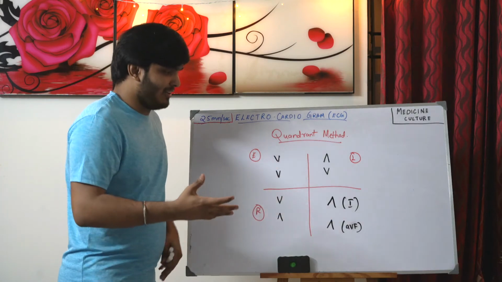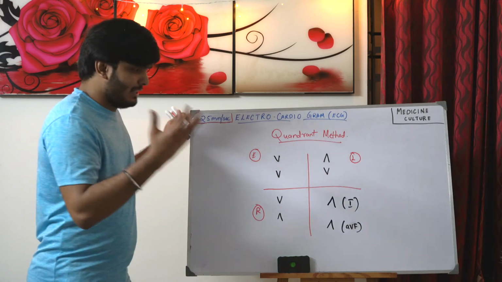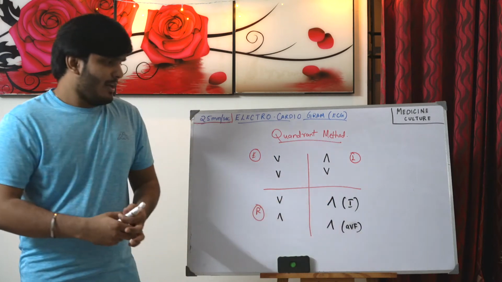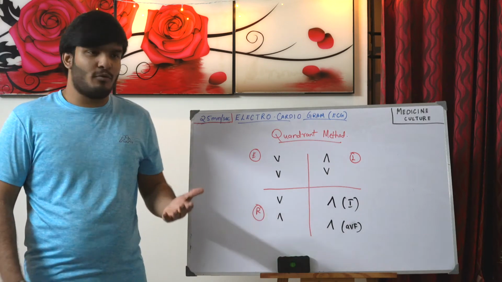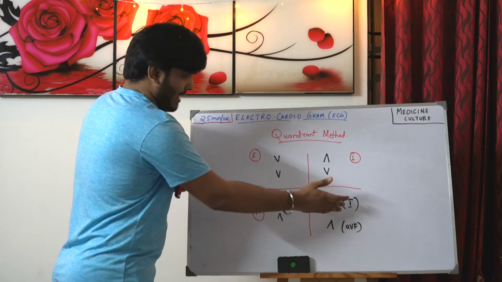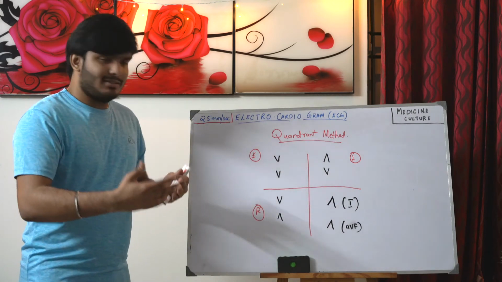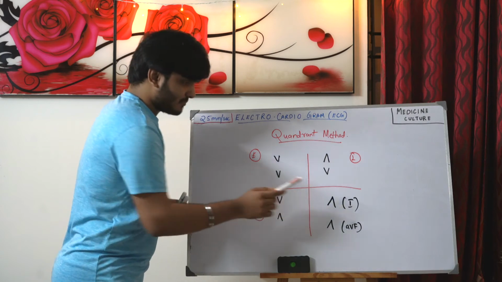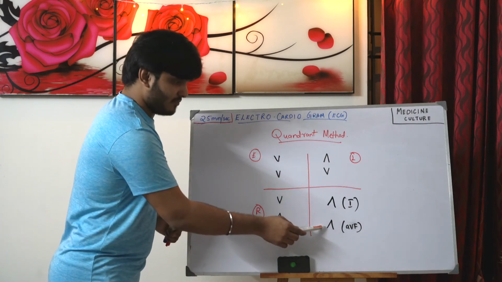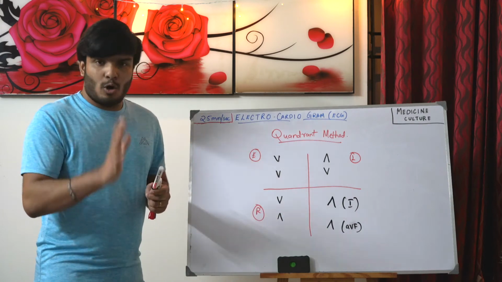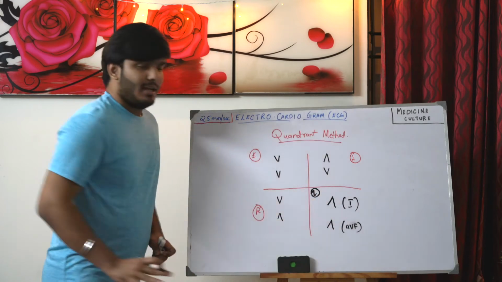You can look at lead 1, the bipolar lead, and AVF. Lead 1 starts from the right shoulder, so right shoulder and left foot: foot is for AVF and right shoulder is for lead 1. So when you get an ECG paper, just look at lead 1. If you see a positive deflection, and you see the same positive deflection in AVF, it means the heart is at normal axis. This is normal.